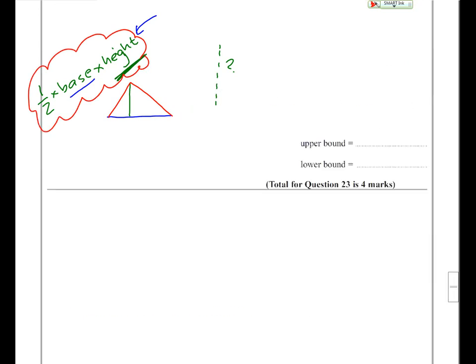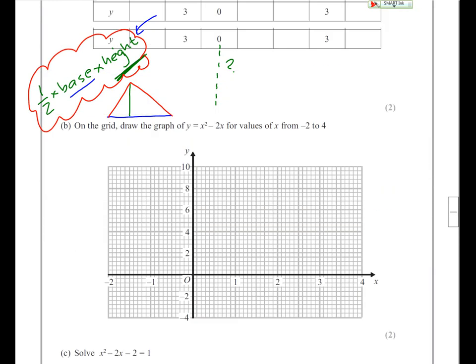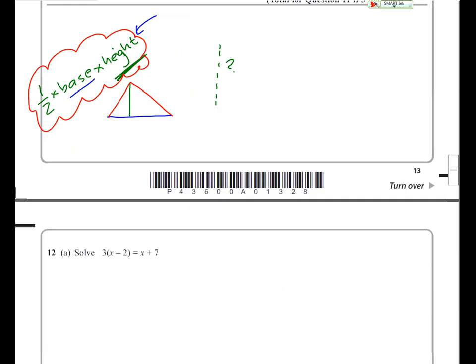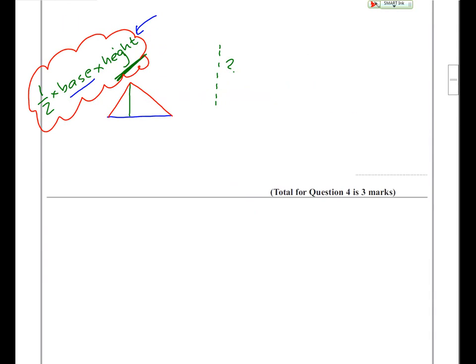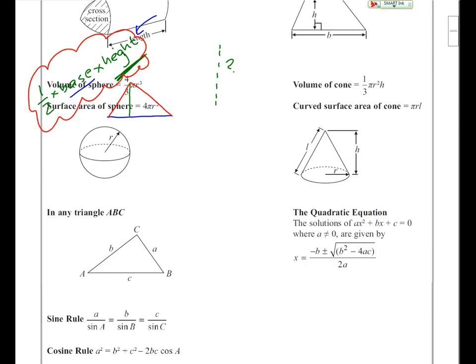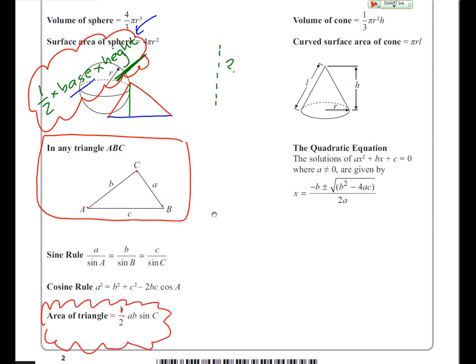Talking of formula, let's scroll all the way up to the front of your paper where the formula page is, because I want to show you where it is. I told you we might be using it in this exam. We've come a long way already. I know the formula off by heart, so that would have been a bit quicker, but I want to show you here. In any triangle ABC, if you label it A, B, C, like this, you can find the area of the triangle by doing a half times A times B times sine of C. Now I'm going to show you a slightly different way, which I prefer, but just to show you what your exam book says,